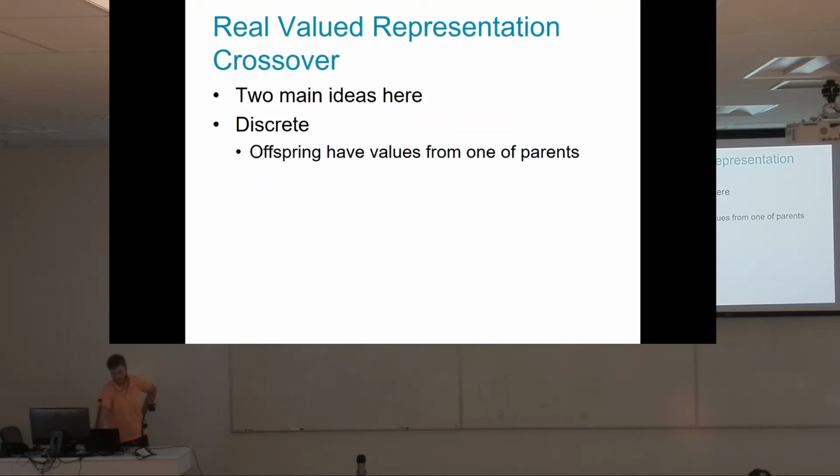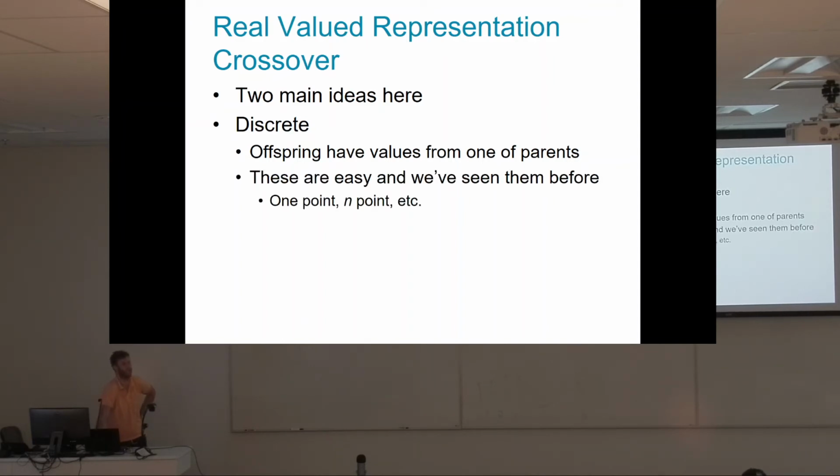All right, crossover. Real value representation crossover. So discrete: offspring have values from one parent. They're easy. We've seen them before. If they're real values, pick the point, do 1-point crossover, n-point crossover, uniform crossover. They're all fair game. But that might not make sense in the context of your problem,